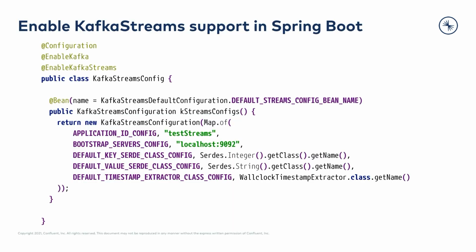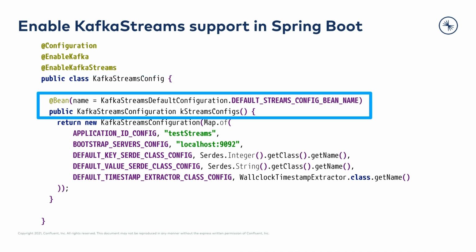So let's take a look at this code snippet. We're going to look at more details in the exercise section, but here you will see a typical configuration for your Kafka Streams application. One of the things that you might notice here is that the configuration has an explicit annotation, EnableKafkaStreams. This is where Spring Boot will understand that it needs to instantiate Kafka Streams, and also that it will be instantiating this class called StreamsBuilder. We're going to talk about this in the next slide.